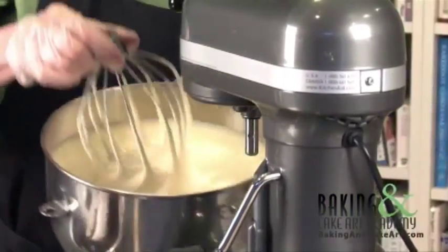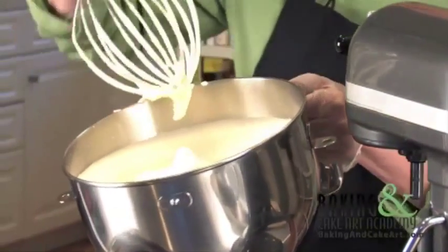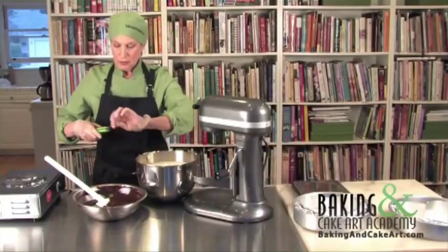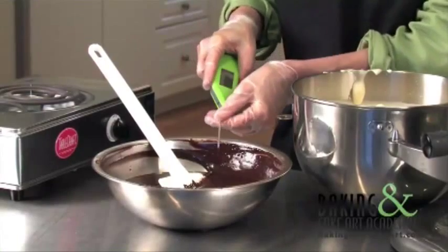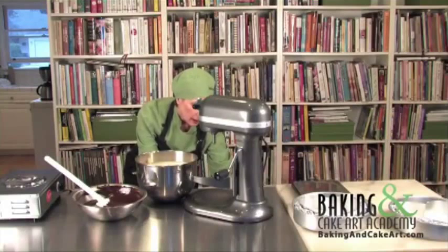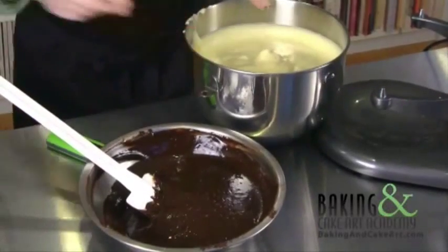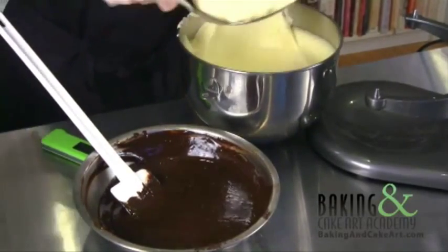Our egg foam is ready. Almost soft peaks. Beautiful. Okay, now what we need to do first, before we put them all together, let's take the temperature of the chocolate and see what we have here. We have about 110 as the temperature of our chocolate, which is okay to do what we're going to do now. It's too hot to temper chocolate at that temperature, but this of course has the butter in it. What we need to do is lighten this mixture. We're going to lighten the chocolate mixture with some foam,